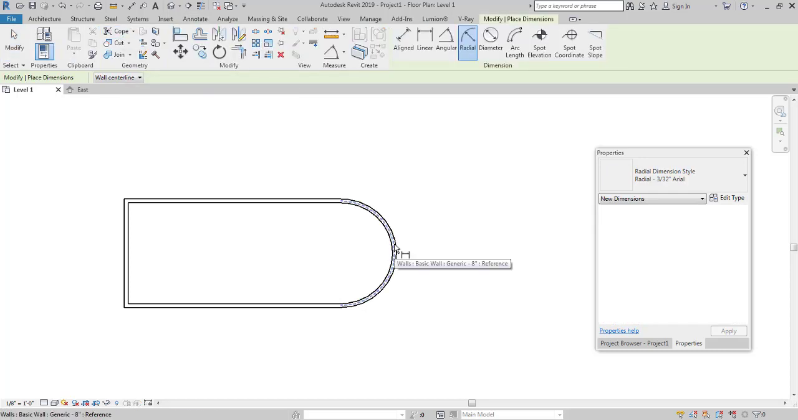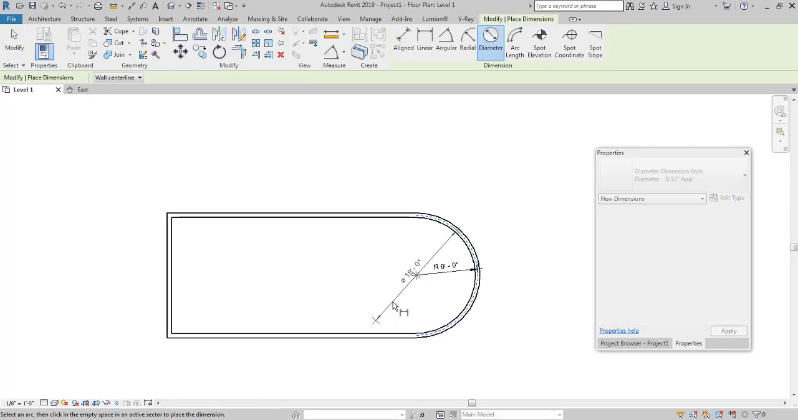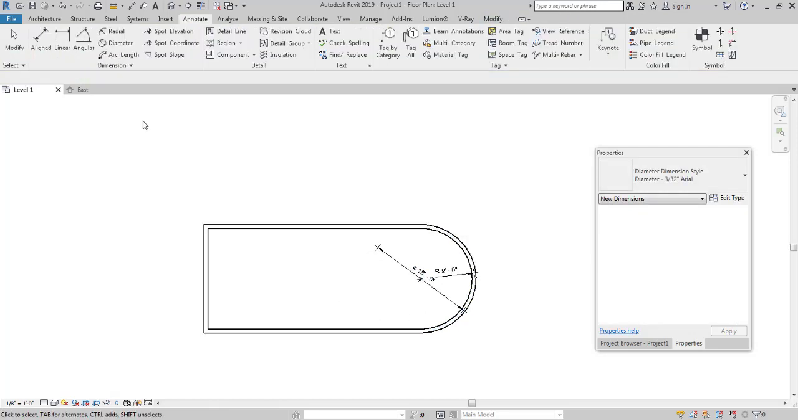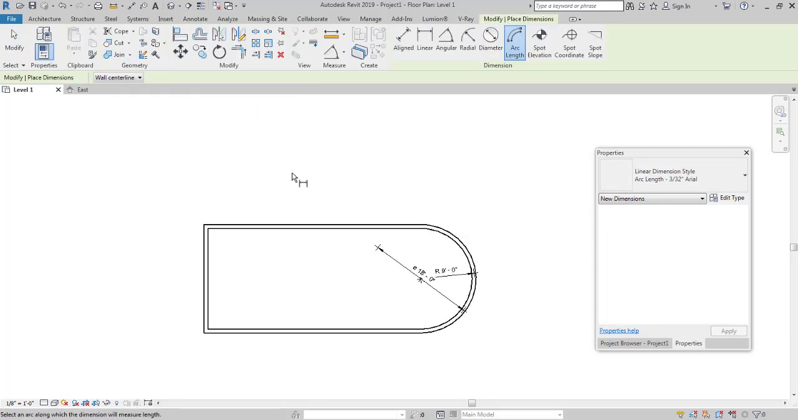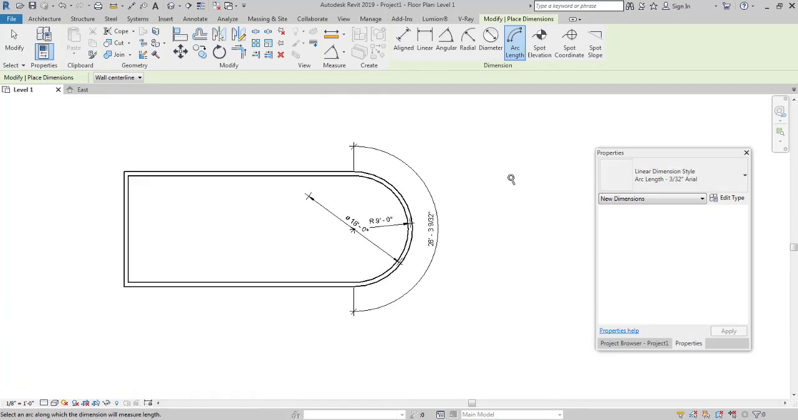select this center line, and as you can see the radius is 9 feet. Select the diameter, select this icon, and it's giving 18 feet. And select this arc length icon over here. First select the wall center line, then select the wall that the arc is connected with, then select the other center line that the arc is connected with. And once you do that, you have the length of the arc, which is approximately 28 feet 9 by 32